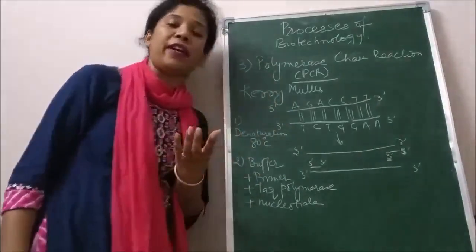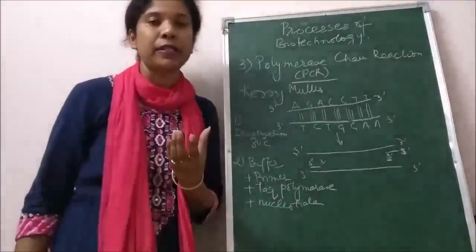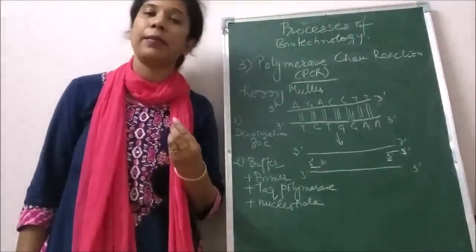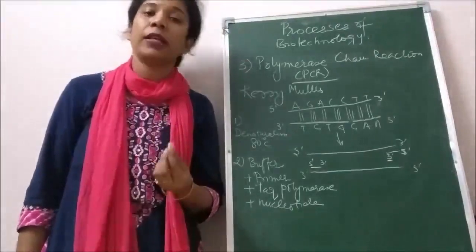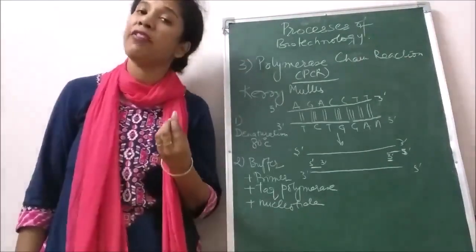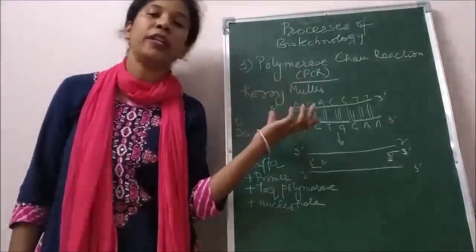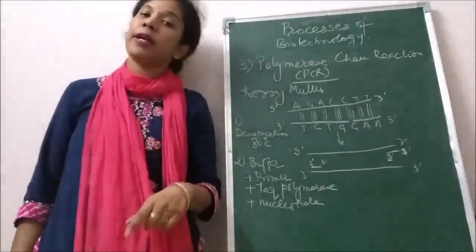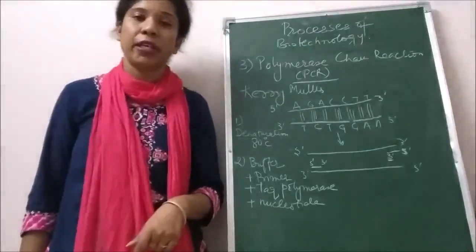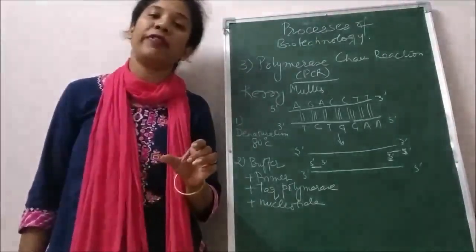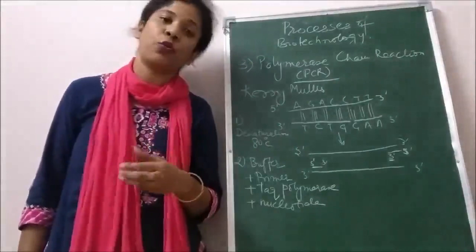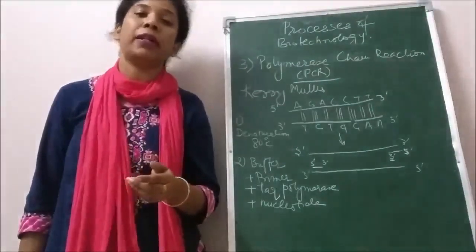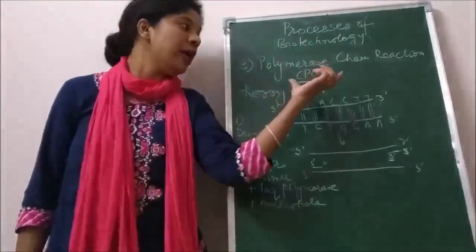The DNA which you have isolated from the plant cell or the animal cell or the bacterial cell is very little. You have digested it with a restriction enzyme and run it on gel electrophoresis. The DNA is extracted from there and is very small in concentration. You need to amplify that DNA using polymerase chain reaction or PCR. There are basically two ways of amplifying the DNA. Either you clone that DNA into the vector and put it into the host cell where it is going to amplify and their number is going to increase. And the second method is polymerase chain reaction or PCR.